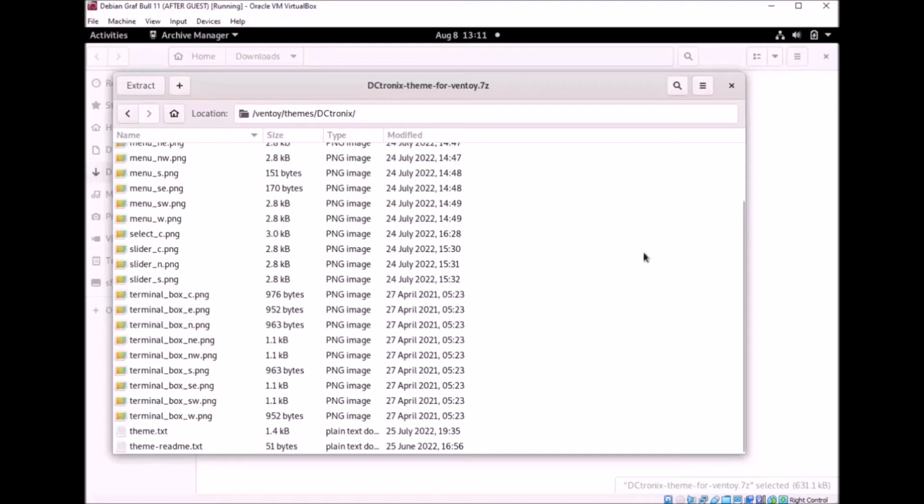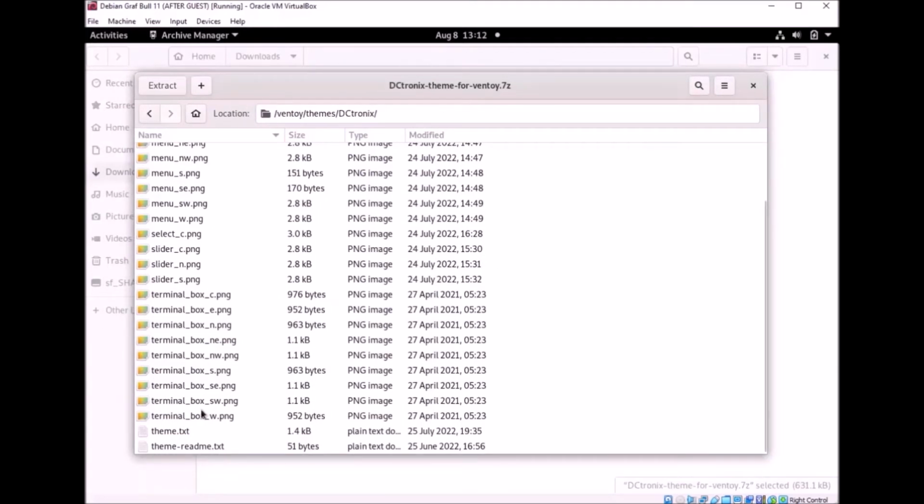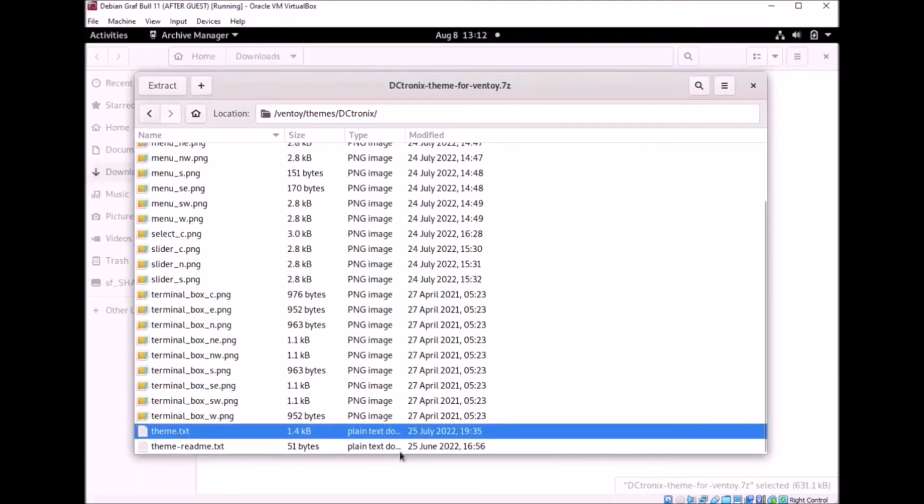Because when you're installing those themes, the most important thing that is checked is this theme.txt. I had some problems while installing different themes when I was checking them up. If this was called differently, let's say theme slash something or whatever, the installer had problems with installing the theme because it couldn't actually find this particular file. So maybe